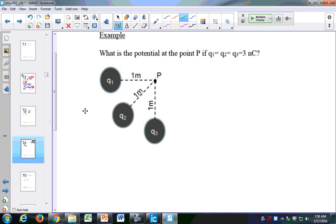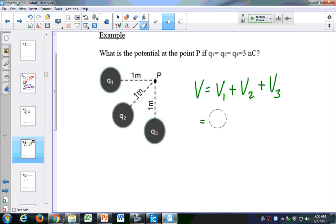If I want to know the potential at point P, I have these 3 charges, Q1, Q2, Q3, which are all 3 nanocoulombs. Then my potential is just going to be V1 plus V2 plus V3. That's really just adding them up. I say K times Q1 over 1 meter. Actually, I'm going to put in some numbers here. I'm going to say 9 times 10 to the 9th. That's my K value. Q is 3 nanocoulombs